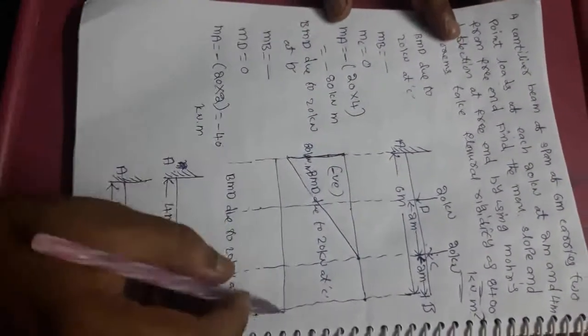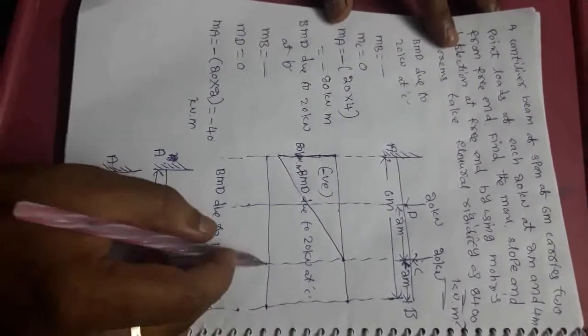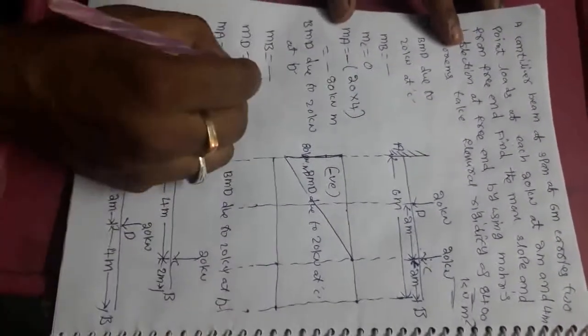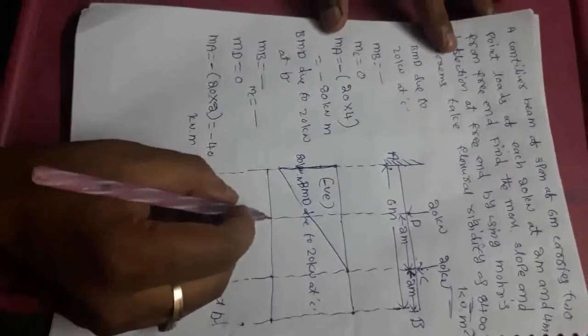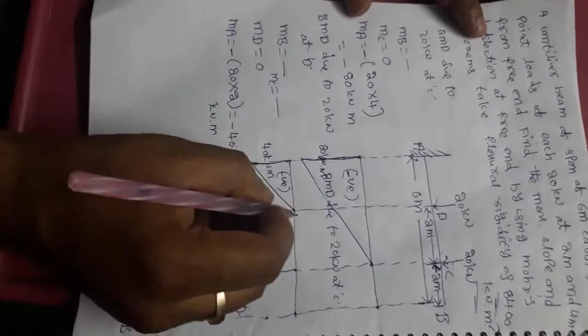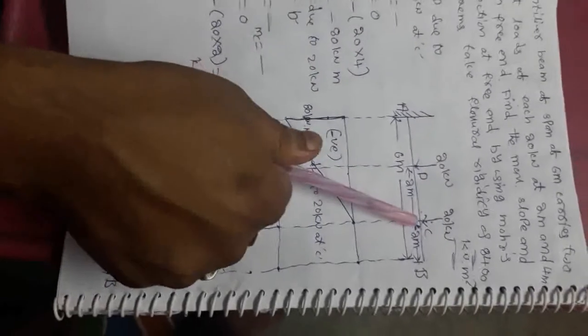And next for this diagram, here is no value at B, and here is also no value. So MC has no value, but MD equal to 0 and MA equal to 40. So 40 in the downward direction, in the form of an inclined negative line. So this value is 40 kilonewton into meter. This is 0. Okay, so for the above two point loads, this is the diagram for the point load at C, and this is the diagram for the 20 kilonewton point load acting at D. And next we are going to find the area.